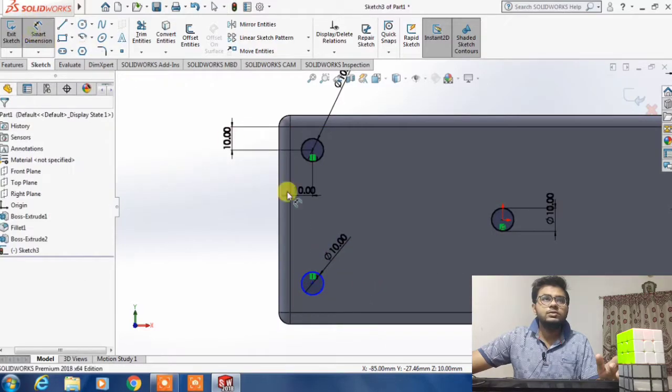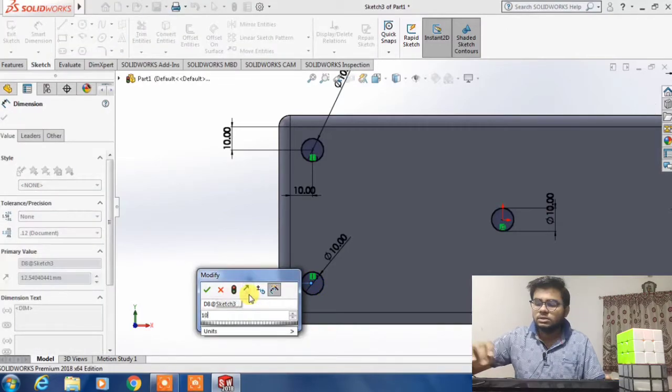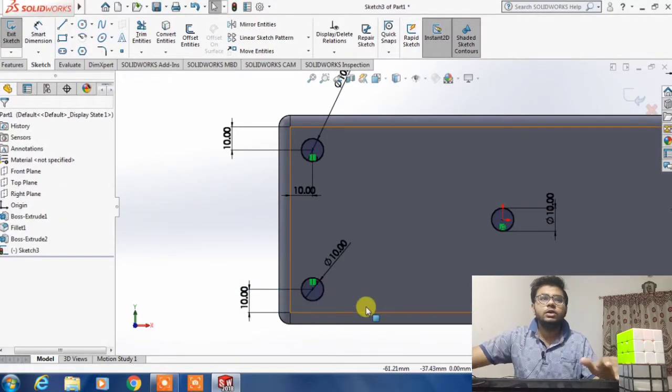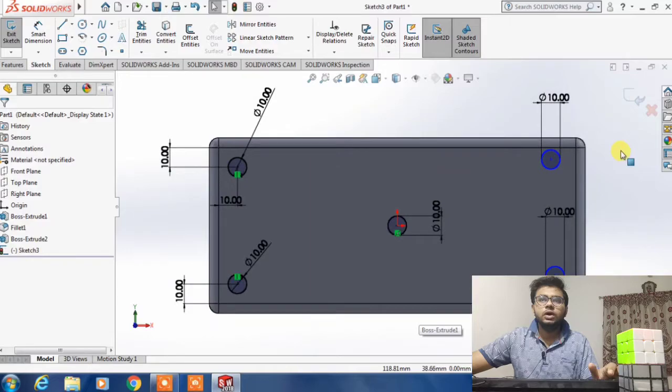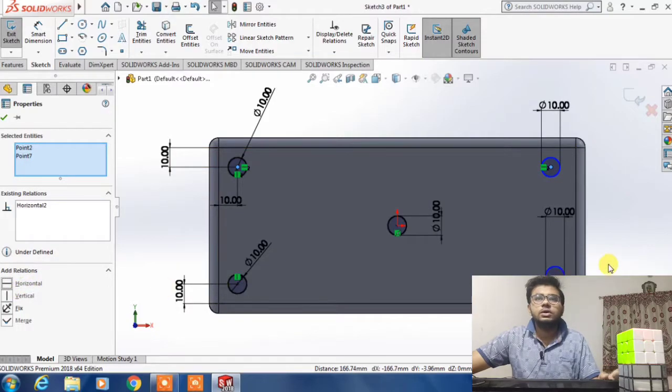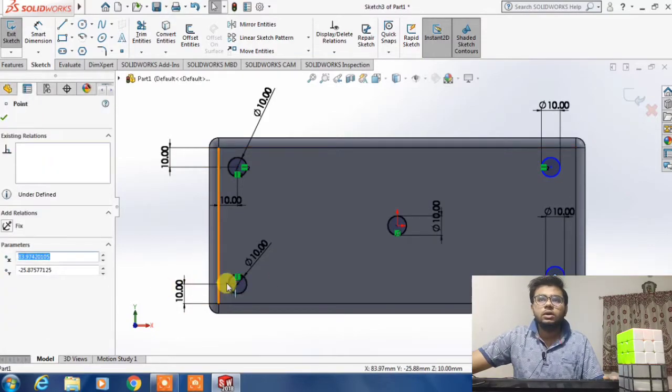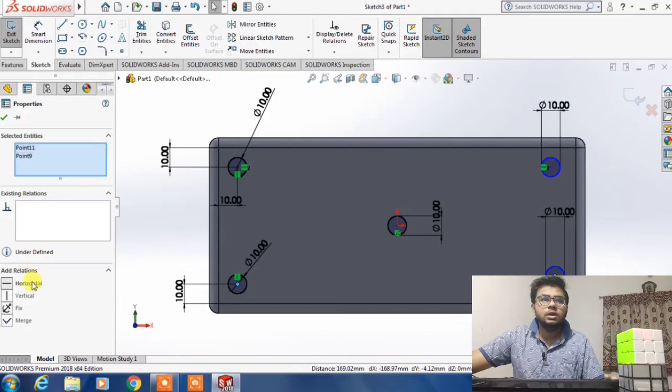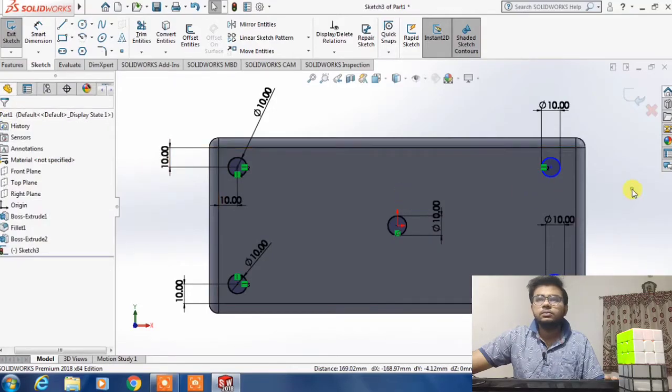So you have to give some relation, like from here to here the length is 10 mm. It is fully defined. So now also you have to give some relation to that, click here and here, assign the relation horizontal, also here and here assign the relation horizontal.